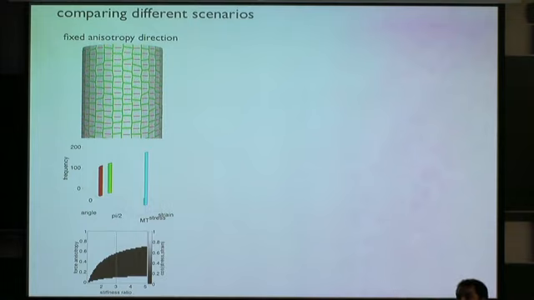So each cell has its own. Yeah, but it includes many elements. But all these elements that are in one cell have the same material property. And when I say material property, it includes both the direction and the degree of anisotropy. So we pressurized it, and we observed that according to having 0.5 stress anisotropy for a perfect cylinder, we end